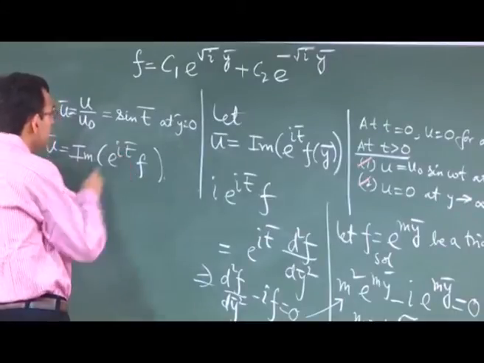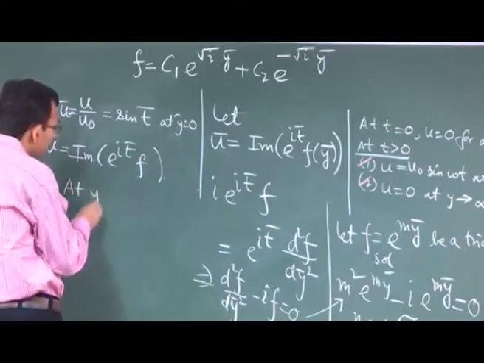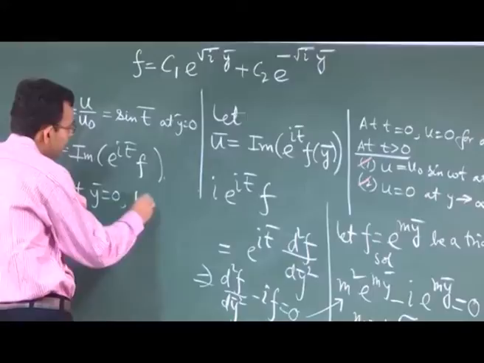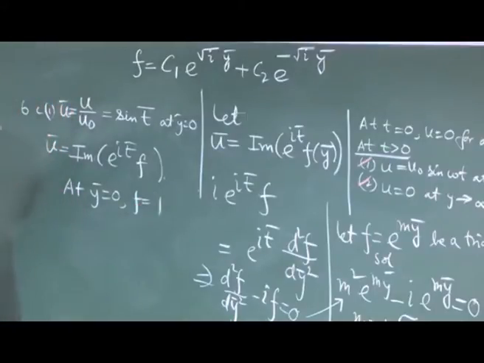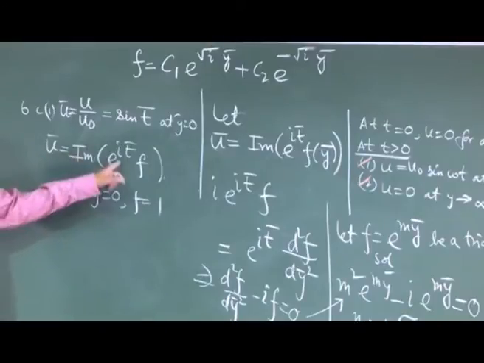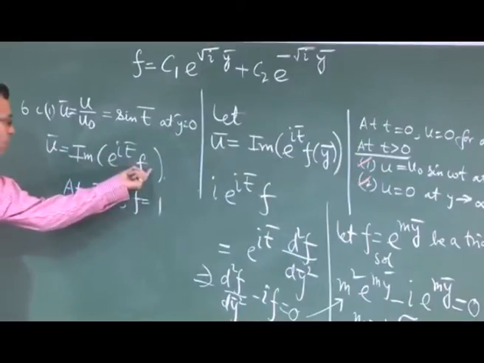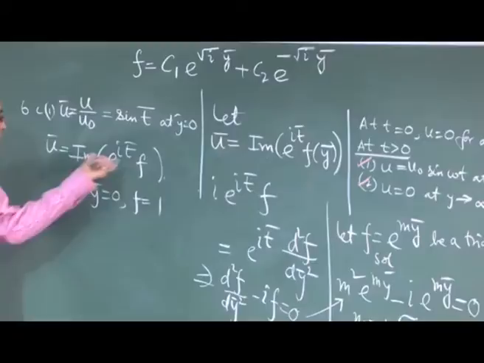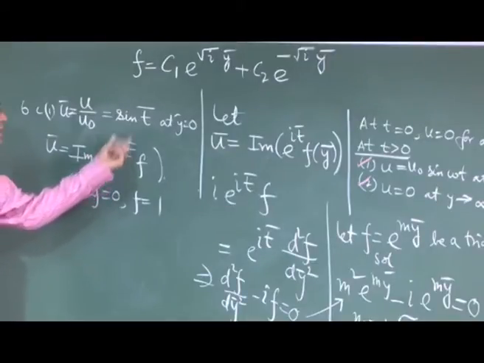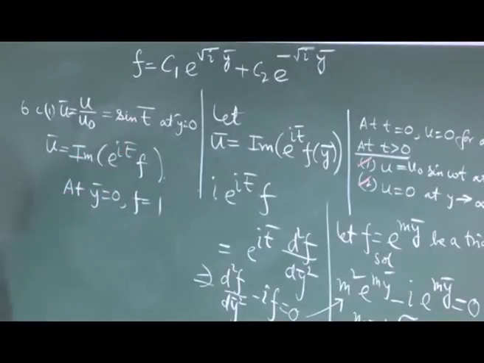That means at y bar is equal to 0, f must be equal to 1. Otherwise, these two will not match. This will not become sin t, this will become sin t when this is 1. When this is 1, imaginary e to the power I t is sin t, which is this boundary condition. So, at y equal to 0, f must be 1,